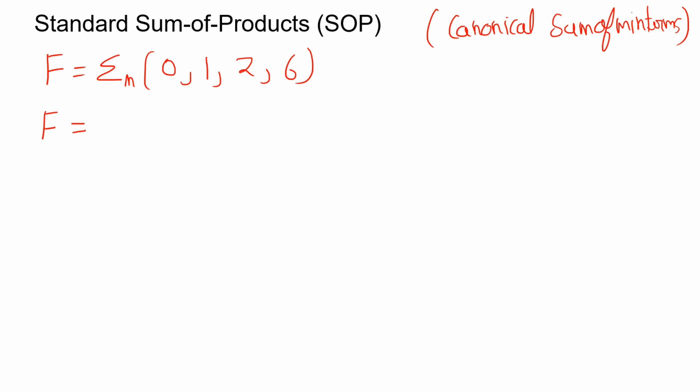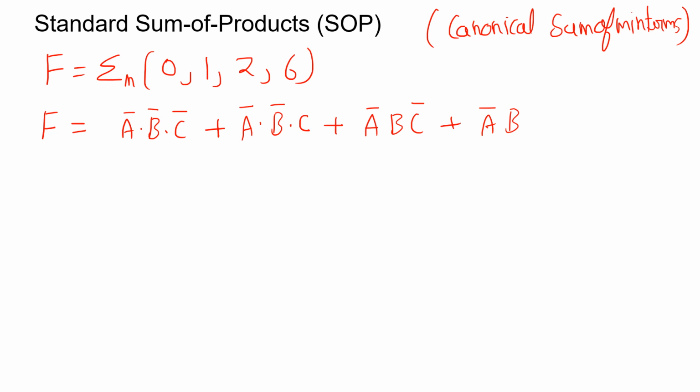It will be, it's 0, so it will be a bar dot b bar dot c bar, plus 1, it will be a bar dot b bar dot c, plus what about 2, it will be a bar b c bar. What about 6? So it will be a bar,